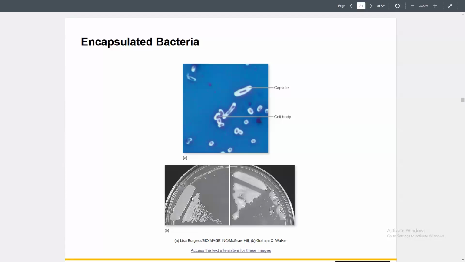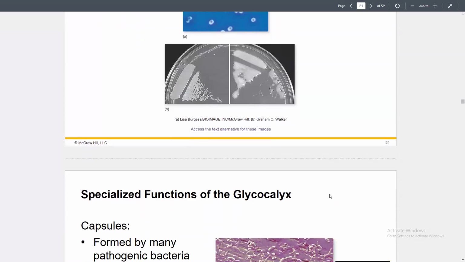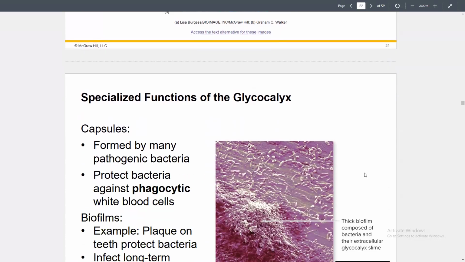Down here in this image, we have a species of bacteria that isn't producing a capsule. And then we have caused it to produce a capsule in the next image. You can see the difference. That gooiness on the surface is even seen in the actual growth on the plate. I'll say this, most of the bacteria that we're going to be dealing with in the lab, most of them will have capsules,